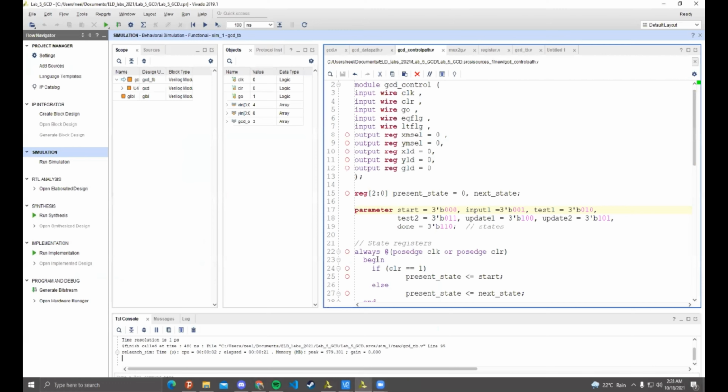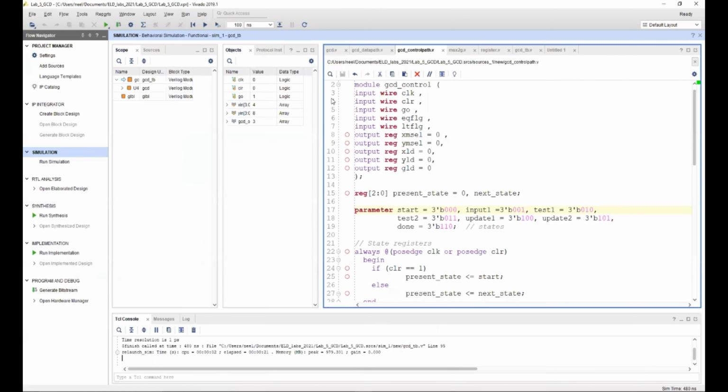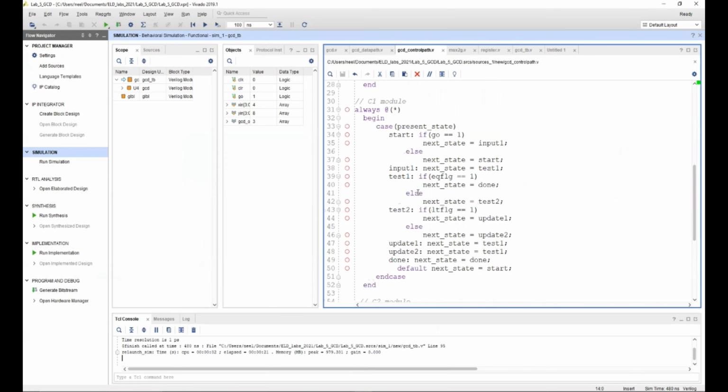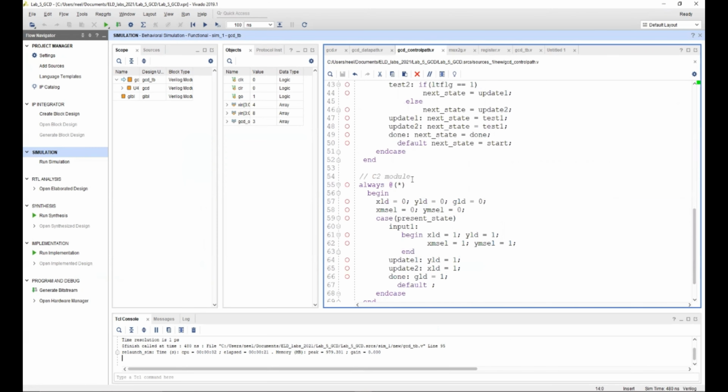So yeah, this is the hardware implementation of the code. I mean, this is the hardware architecture of the code, and this is how we implemented the design in Verilog. So yeah, this is the end of the lab, and good luck with your self-study square root assignment. I mean, it's just self-study.